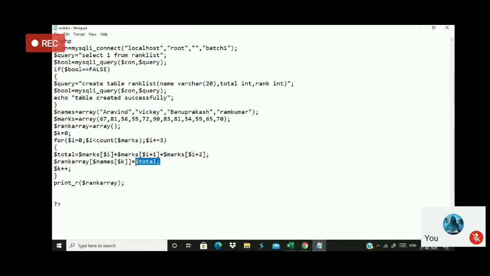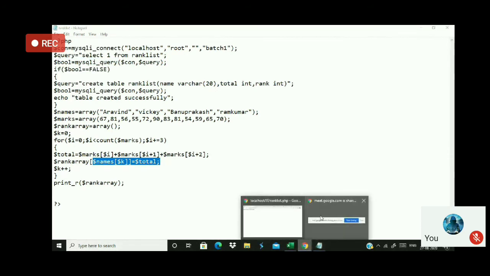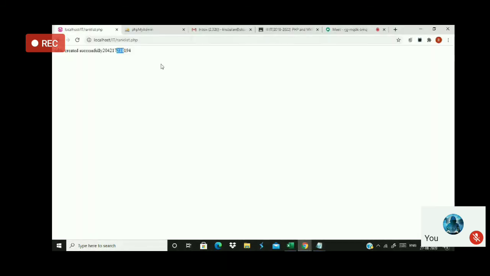I put the total there. And next time again I take up the second name and the second 3 marks will be added and again it is put as a total here. So this is getting repeated continuously until it goes to the end of the array. Now listen carefully. So this is done carefully. I will show you. While programming, meticulous effort should be made here.